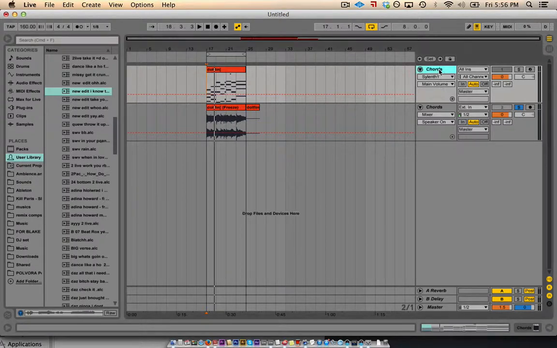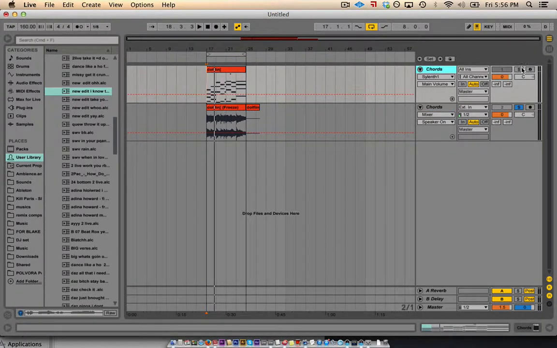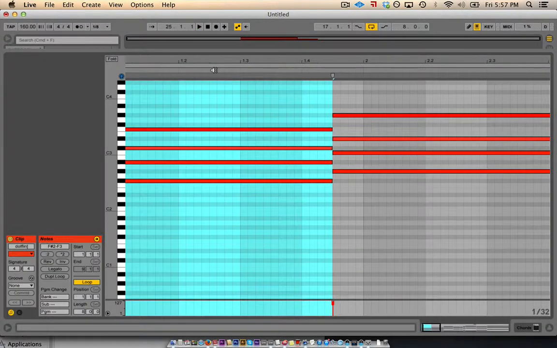Here we have some tracks. This is a MIDI track, and this is an audio track. And I want to show you the difference here. In the MIDI track, we have this soloed here. This S button is solo. In the MIDI track, you hear this part we've been playing. And this,